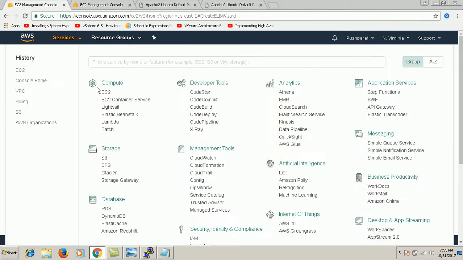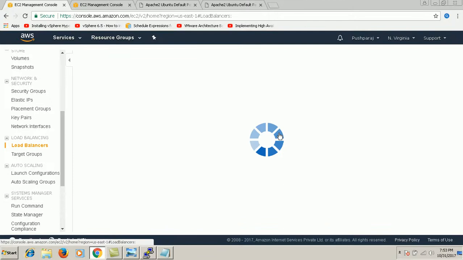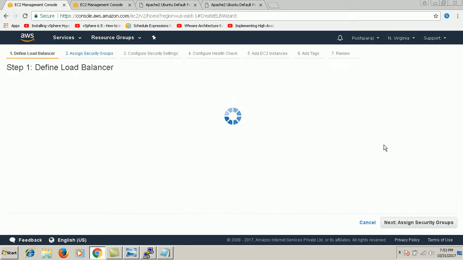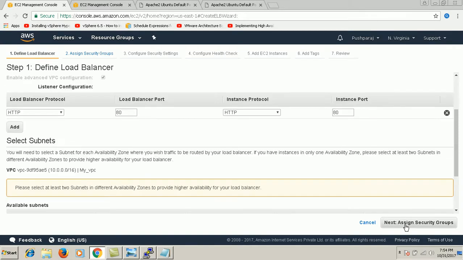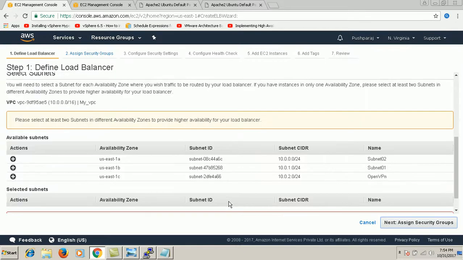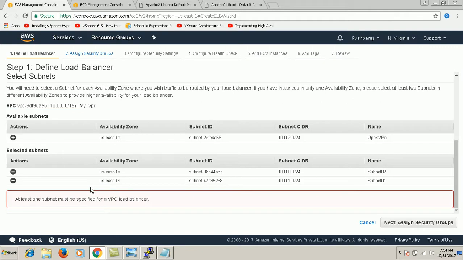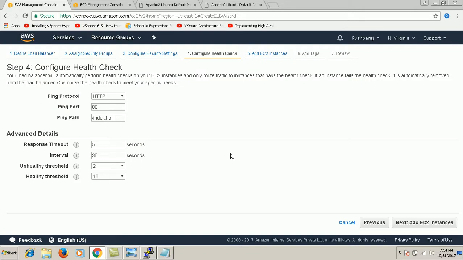Go to EC2 load balancer, create a load balancer, and create a classic load balancer. Name it my test classic ELB. Fine. Next, we need to add the subnet. Next, I'm just adding all traffic. Next. So this part, guys,